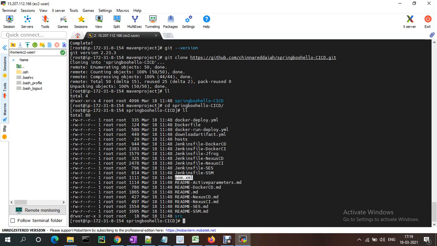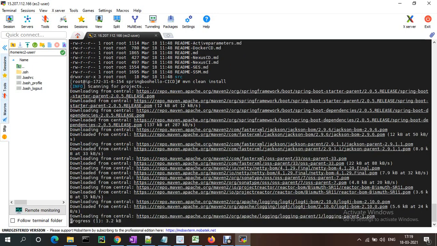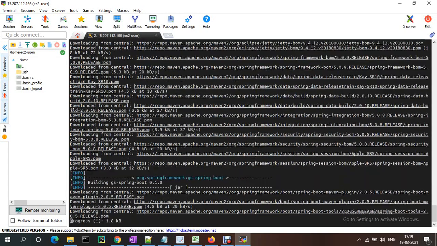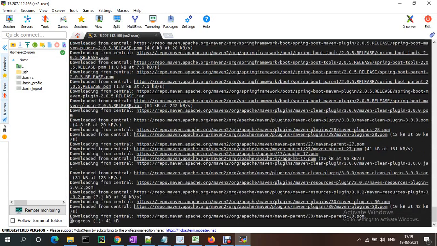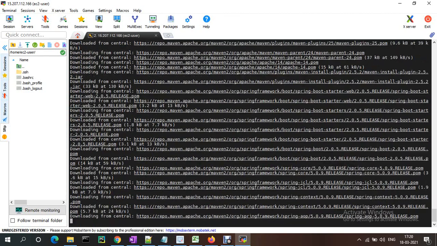Okay. Currently there is no target folder. When you give mvn clean install, the target folder will be generated. There is a Maven life cycle, and it follows step by step. For that, I am just giving mvn clean install. It will take the plugins, download all the Maven plugins, and generate the project here. It will generate the target classes, everything.